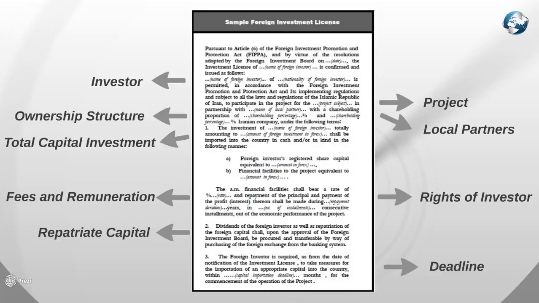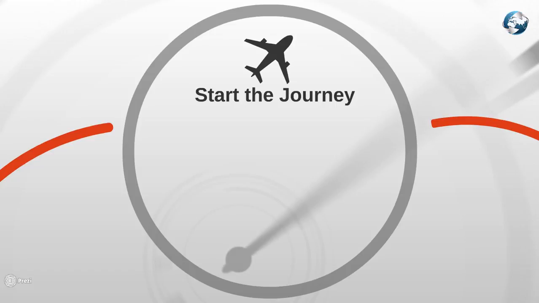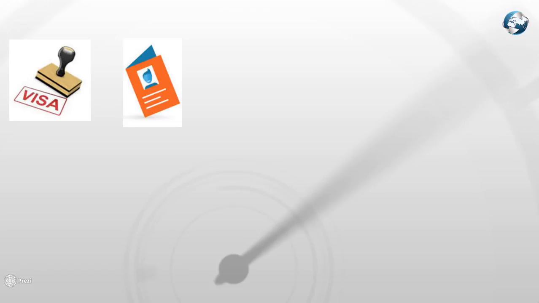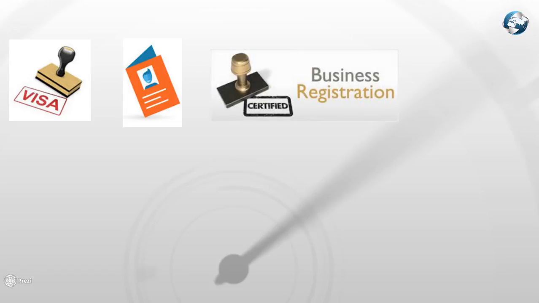Following the issuance of the license and depending on the elements authorized under the investment project, certain governmental agencies and public bodies must be approached in order to establish the business. There are a number of procedures following the issuance of foreign investment licenses. Various government bodies and organizations must be approached to obtain the short and long-term visas for foreign investors, directors, and experts, the residence permits for foreign investors, directors, and experts and their immediate family members, commercial foreign companies registration, registration